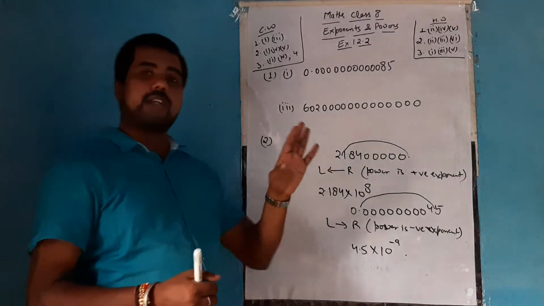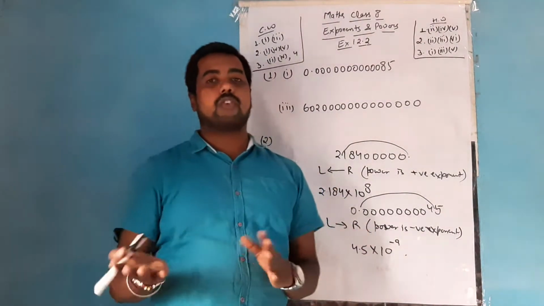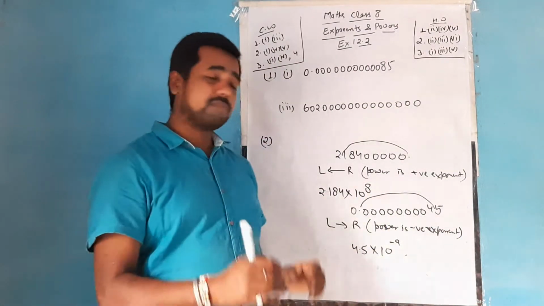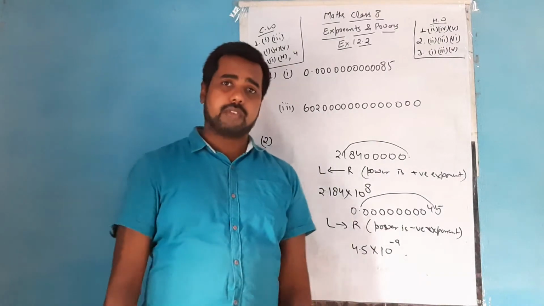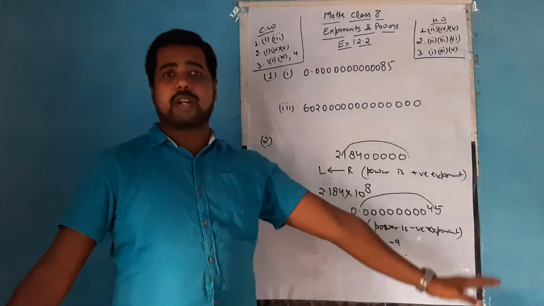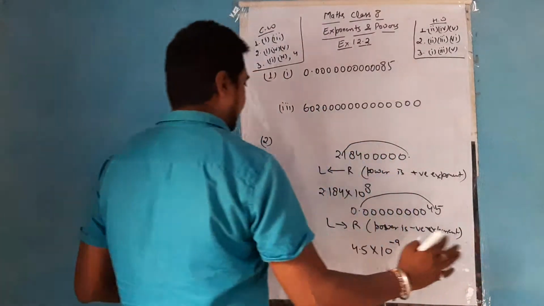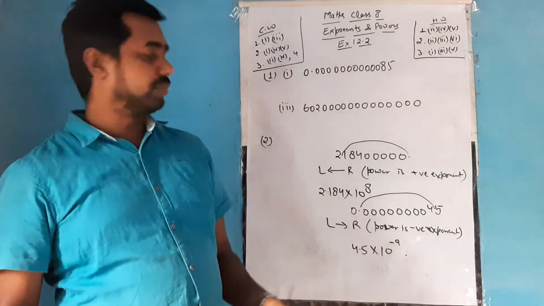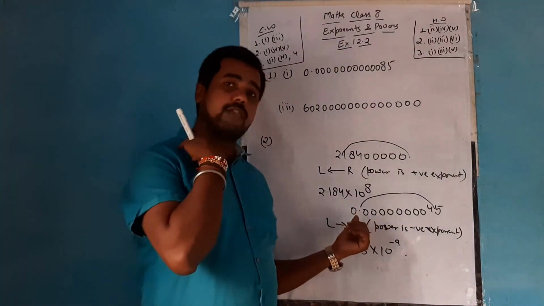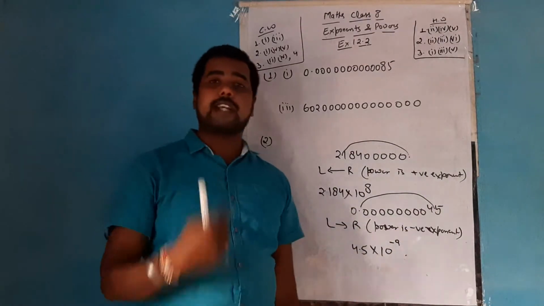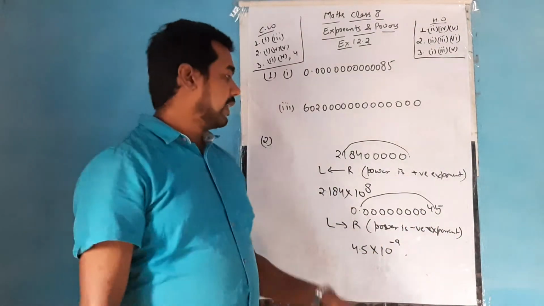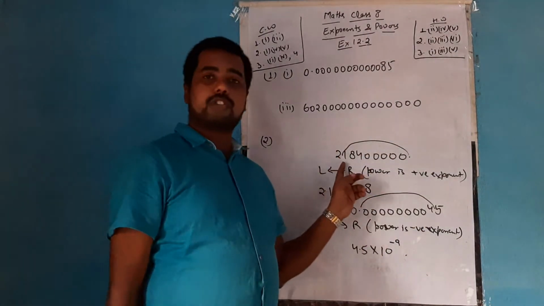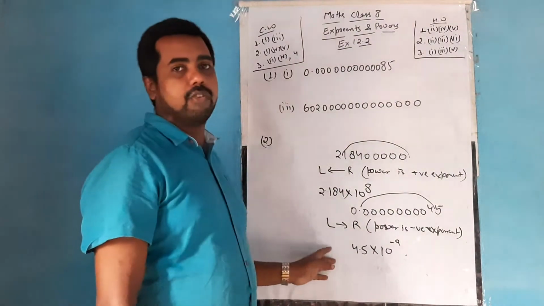This only you need to keep in mind. On this concept only your second exercise is based. So from where you are going to shift the decimal, either from left to right or from right to left, always remember, when you shift from left to right, like I am standing here, so from left to right, the power should always be negative. You only have to check that if the decimal is there in the left part and you are shifting towards the right part, and that will be after the first digit, then the power should be negative. And when you are shifting from right to left, the power should be positive. This only you need to keep in mind for this exercise.